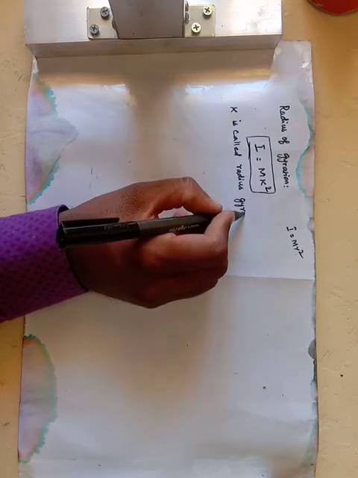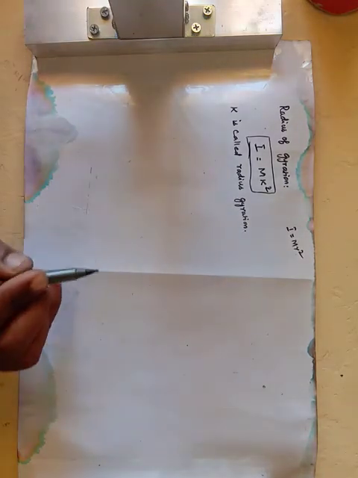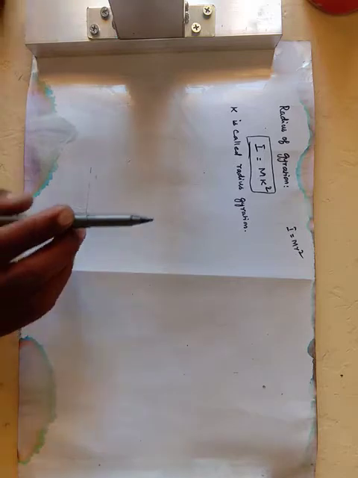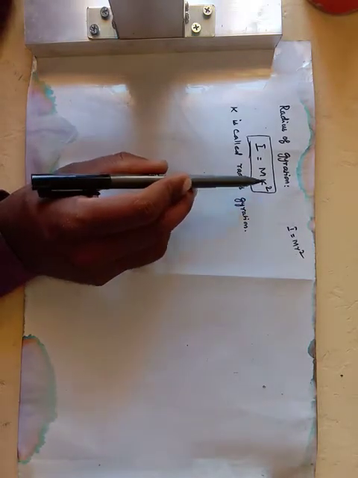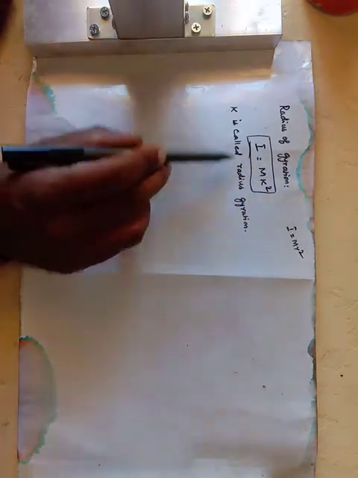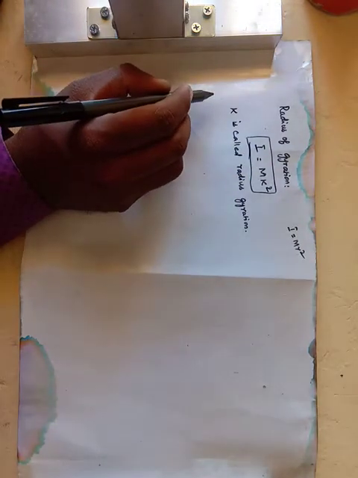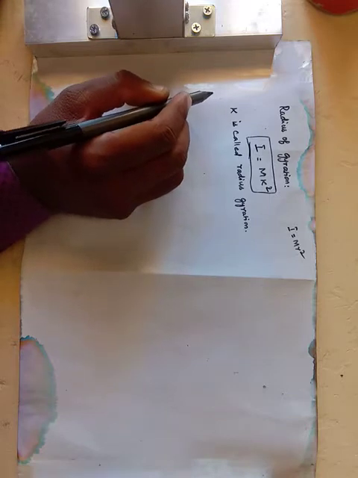Okay, so for an object with rotational motion, the axis of rotation is noted by k, and it is calculated using the radius of gyration. I is the moment of inertia of the object, that is I = Mk². So from this we can give the definition for the radius of gyration.